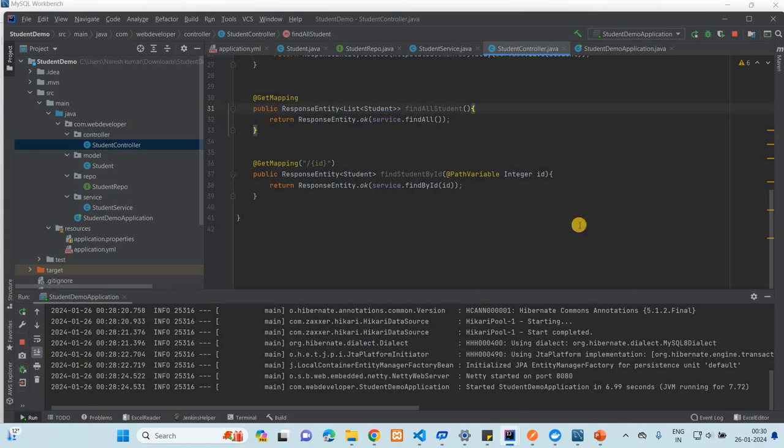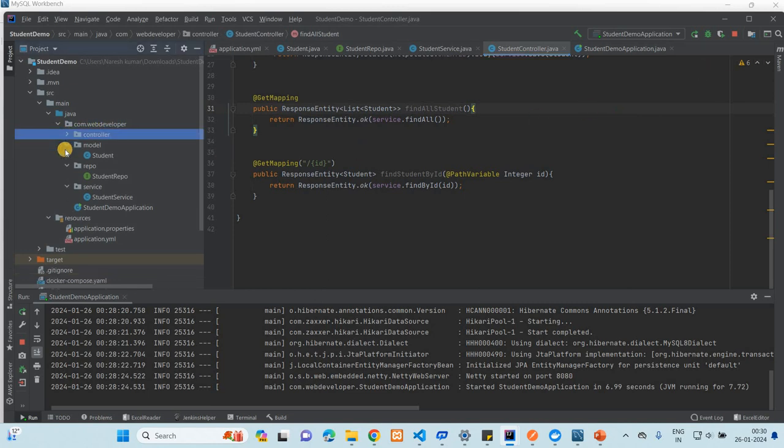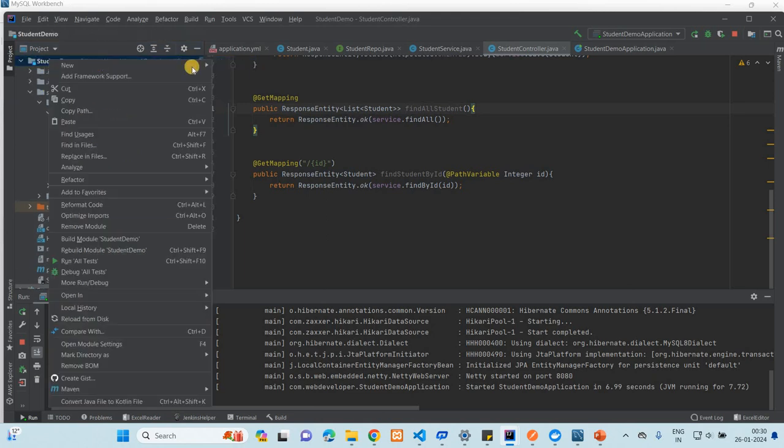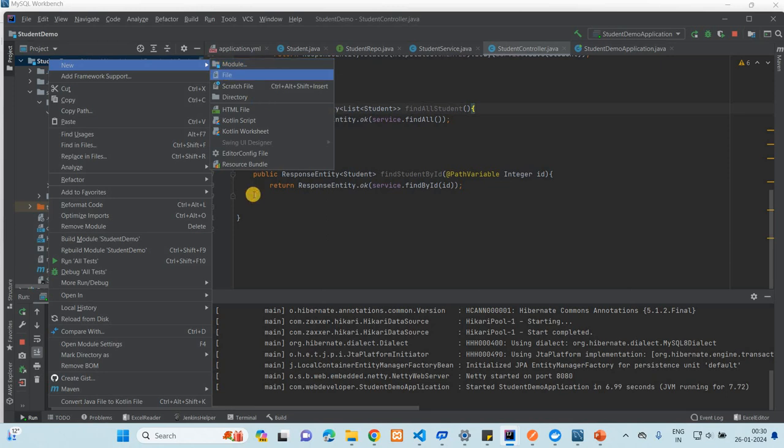And even when we deploy all this thing in the cloud, this Docker will help, because when we deploy in the cloud, we have to deploy all this as a Docker container. That's why right now we are going to create one Docker file, to create the Docker image, and then we are going to deploy into the Docker container. So we will create one file, Docker file,